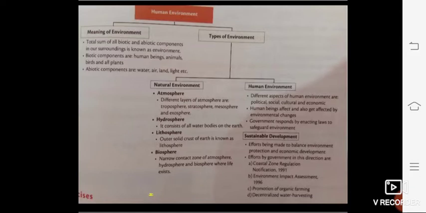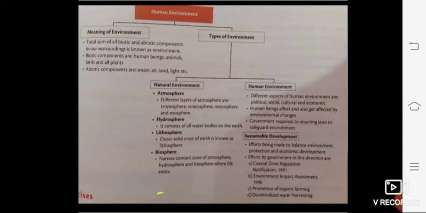So our environment, we can say, is made up of surroundings we live in. These involve the place where we live, the plant and animal life that exists there, and the people and things that surround us. So our surroundings influence our lives just as we influence our surroundings with our activities.